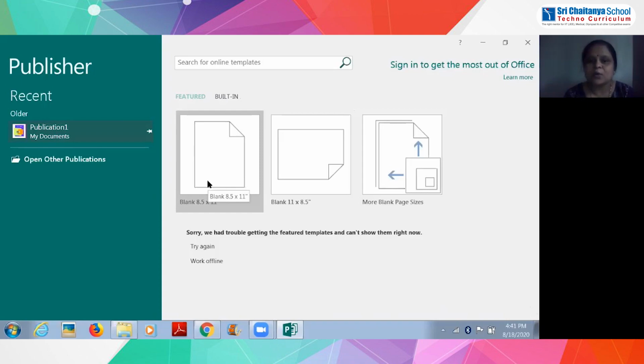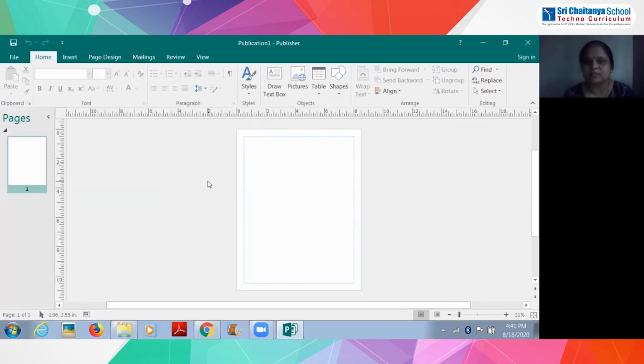Okay, so before we proceed, let us learn how the application window looks. Okay, so let us see the first line. You can see the first line of the application is called a title bar, where you can see the title of the application, and at the left corner you can see the quick access toolbar.